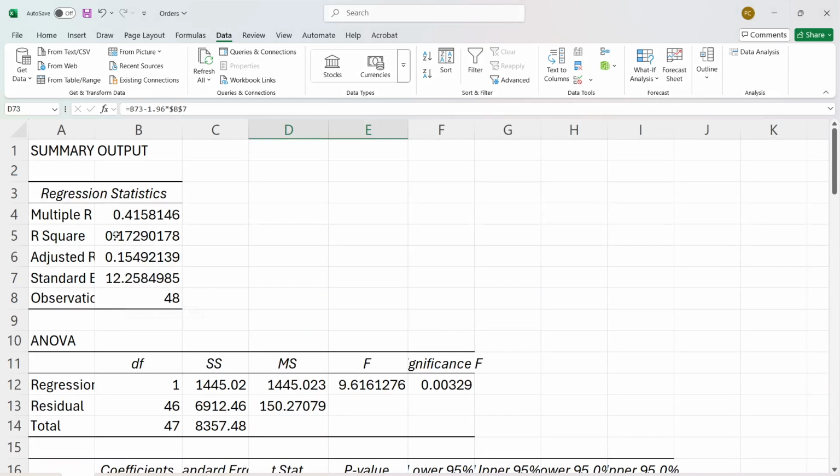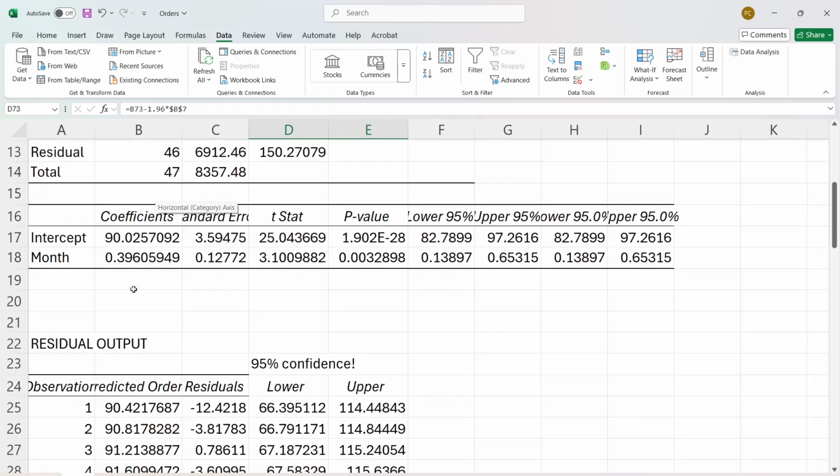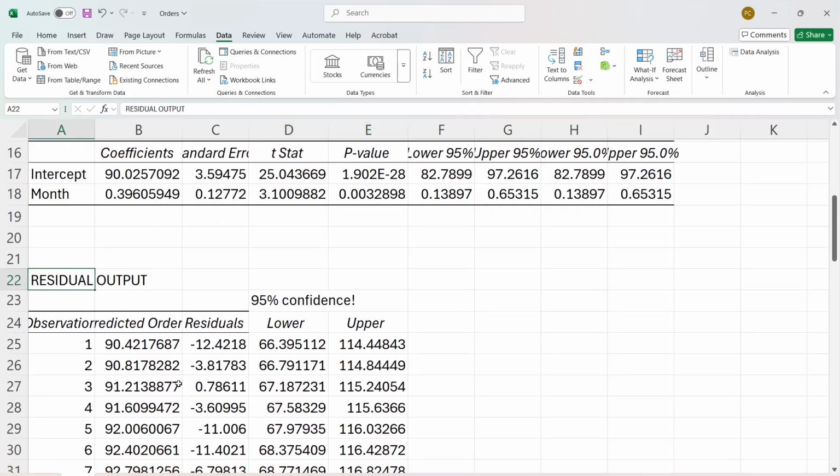Now, over here, I had created a new sheet where I regressed orders on month, and then down at the bottom, I went ahead and got the residuals from that analysis. Here's my predicted value for month 1, month 2, month 3, month 4. I see that the predictions are increasing by $396 every month. Here's the corresponding residual. So I see that, in fact, orders were about $12,422 less than predicted in the first month of the data set,